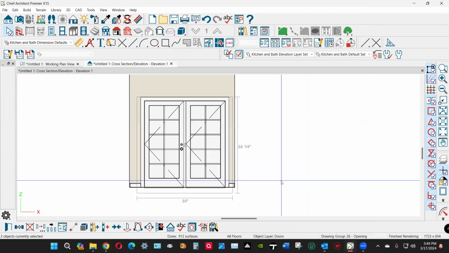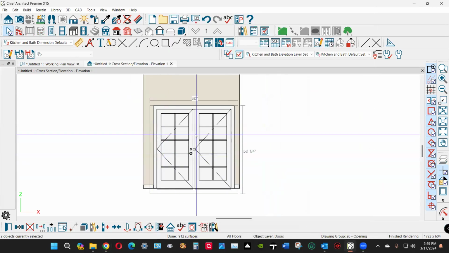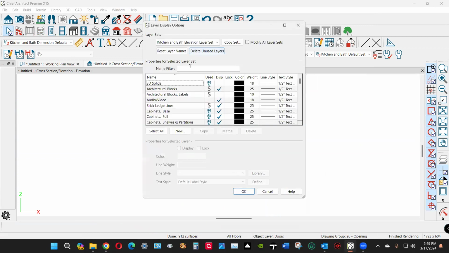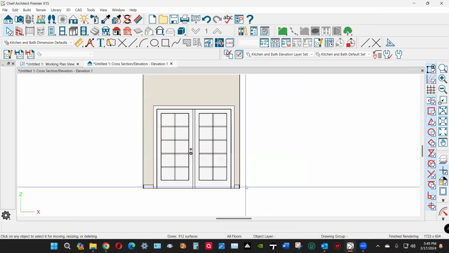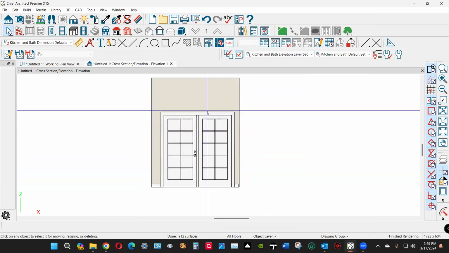That's the door part. And these open indicators, I usually turn those off. That's on a layer and display options, alphabetically, on opening indicators. And some people use them. I don't use them. Now for the